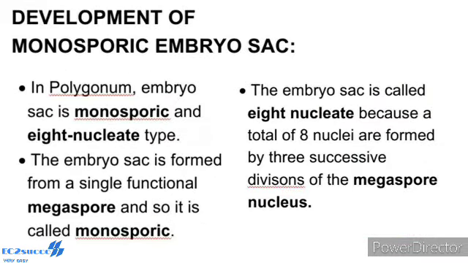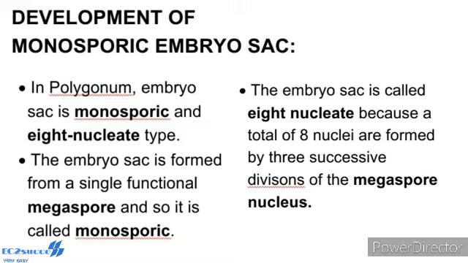Another one, development of monosporic embryo sac. In Polygonum, the embryo sac is monosporic and 8 nucleate type. The embryo sac is formed from a single functional megaspore and so it is called monosporic. The embryo sac is called 8 nucleate because a total of 8 nuclei are formed by 3 successive divisions of